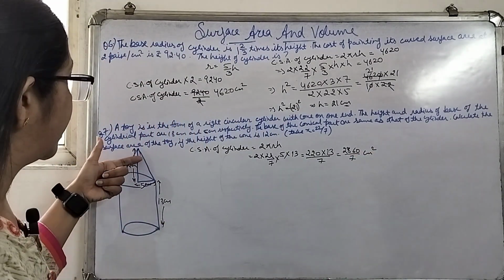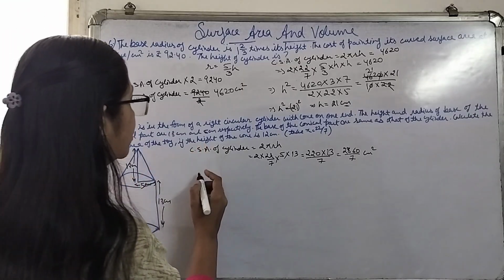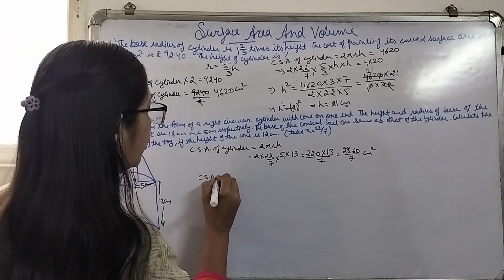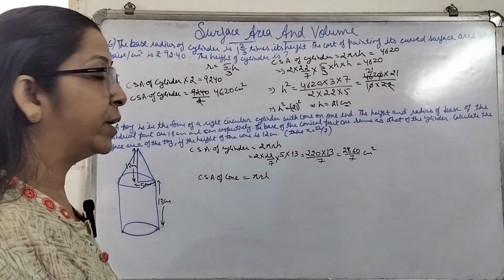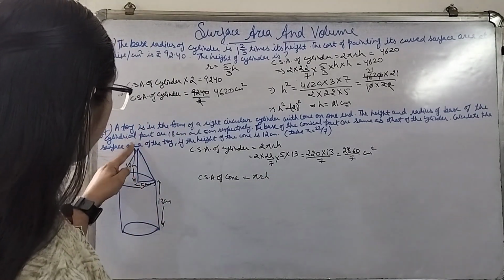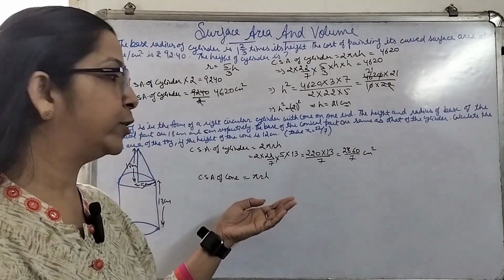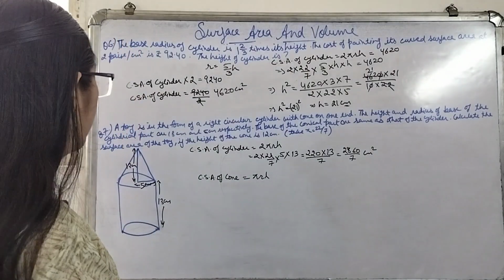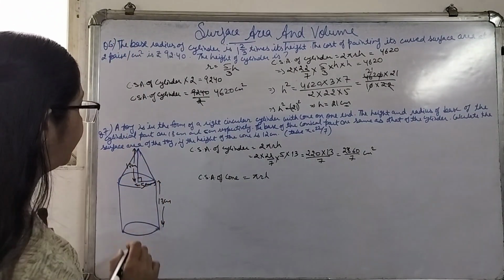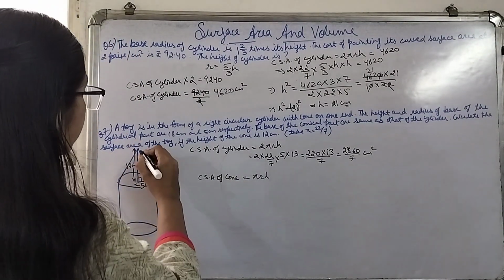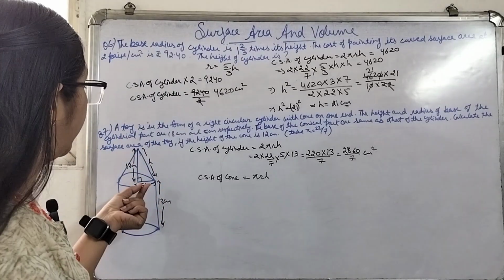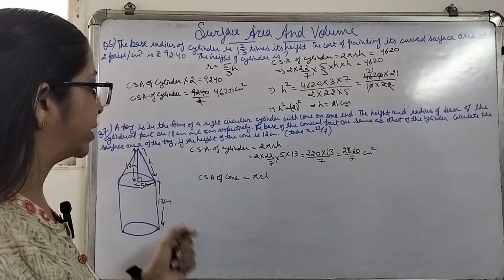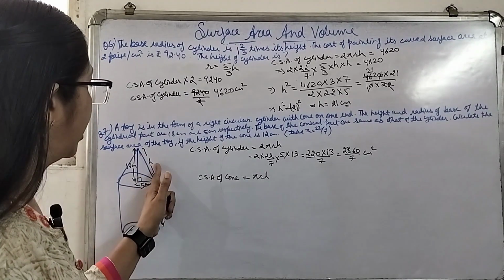Now for the conical part, the curved surface area of the cone is given by pi RL. But here we have the value of R, we have the value of H, but we don't have the value of L. We know that this angle is 90 degree. That means this is L, and L is the hypotenuse of this right angle triangle. We know the base, we know the perpendicular, so we can find the value of L, the hypotenuse,